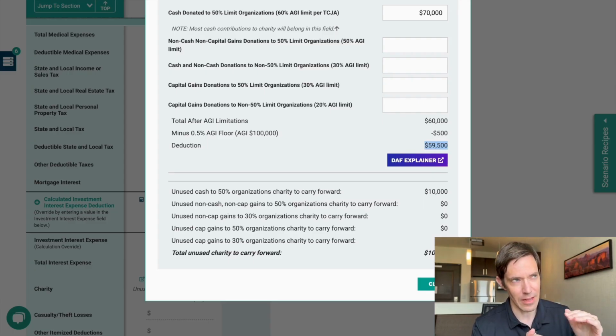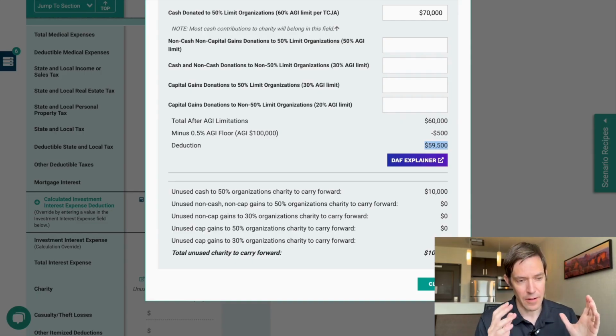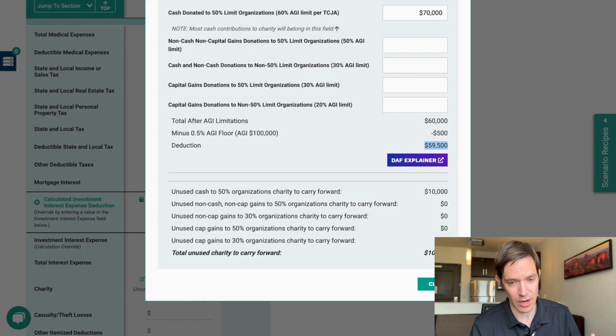We're not totally sure how it behaves with carry forwards, but we're pretty confident we got this part right as far as what is the actual deduction amount. We'll have to see about how the carry forwards all work. So what's happening with this, though? Basically, you recall this is what we're used to with the medical deduction. The medical deduction, also on Schedule A, has an income floor. And so what happens is it behaves like a bit of a phase out, right? And I'll show you on range calc what's going on here.